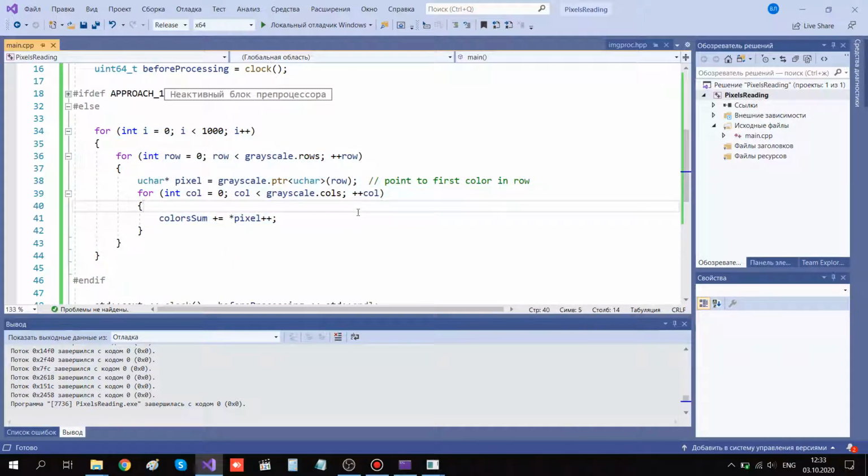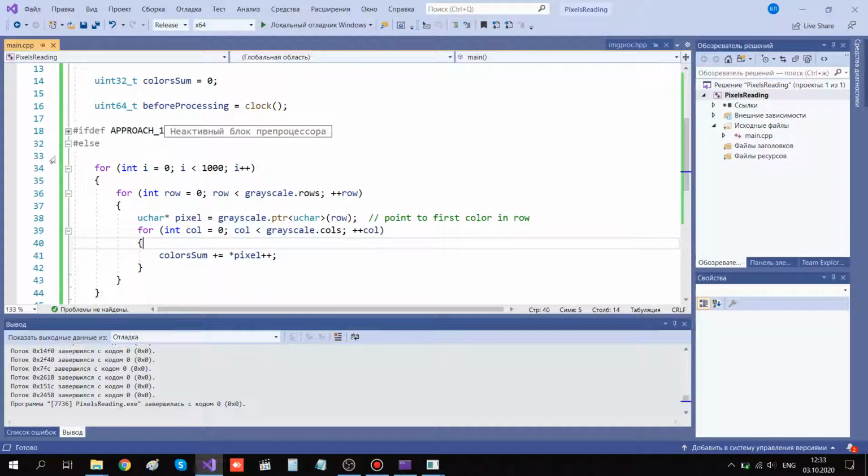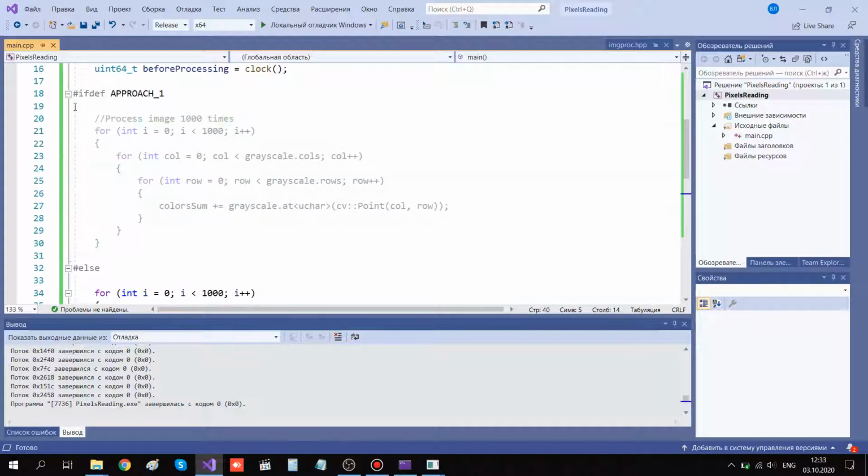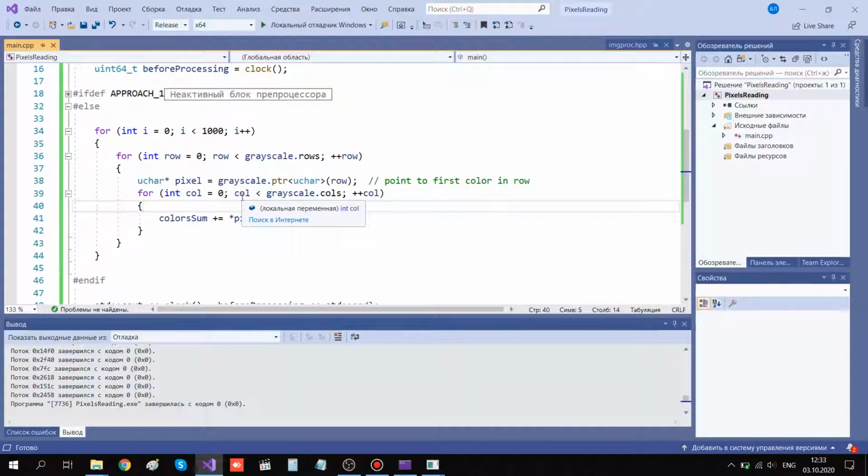Of course, sometimes you don't need it, if you need only one certain pixel in the entire image. Then it's maybe better for you to use the old approach, because it will not have a big influence on